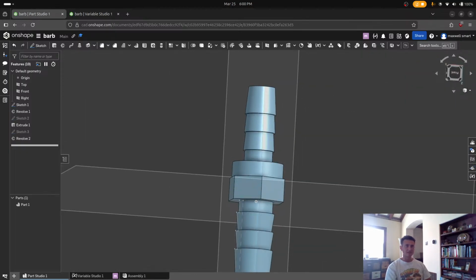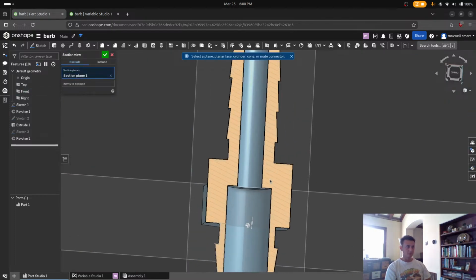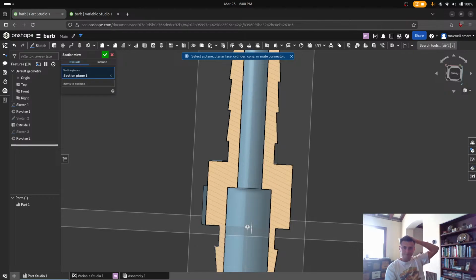But I still want to see that section view again. Okay, wait, but okay, so what instead though,